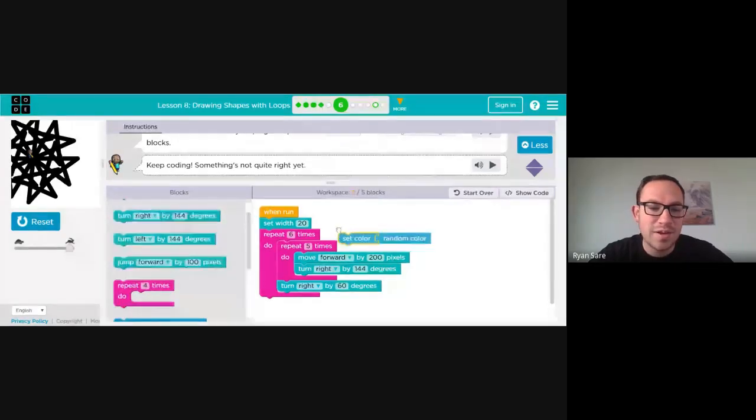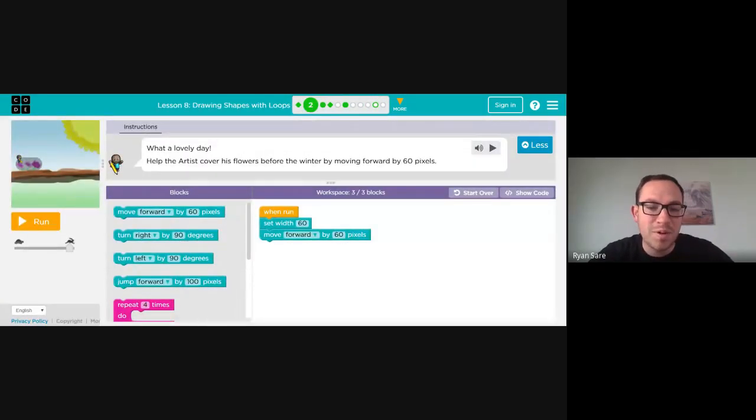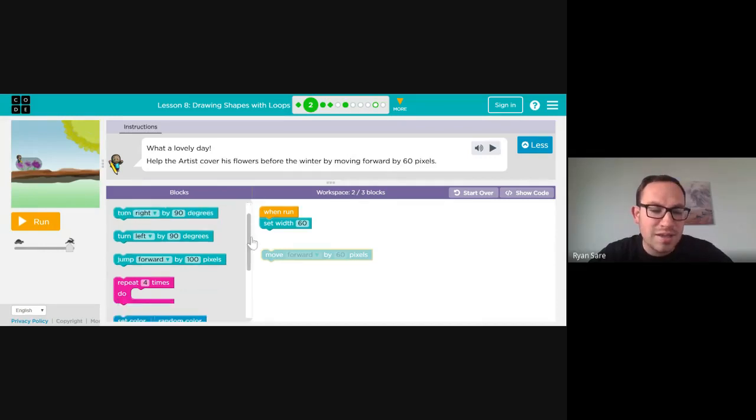This is unused code, so I can just throw it away. But anyway, you're just practicing. It starts you off so much simpler than that. There's a video that explains a little bit more about it. But look, on this one, there's an artist, and you just have to get him to move. And when the artist moves, he always draws. And so